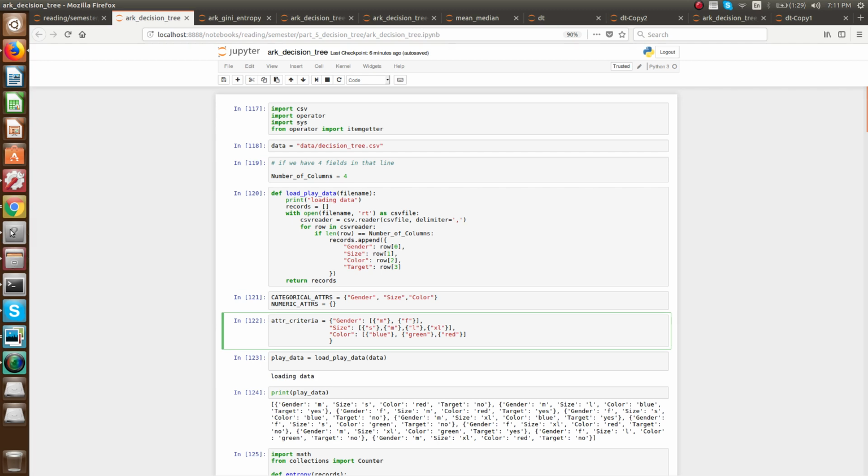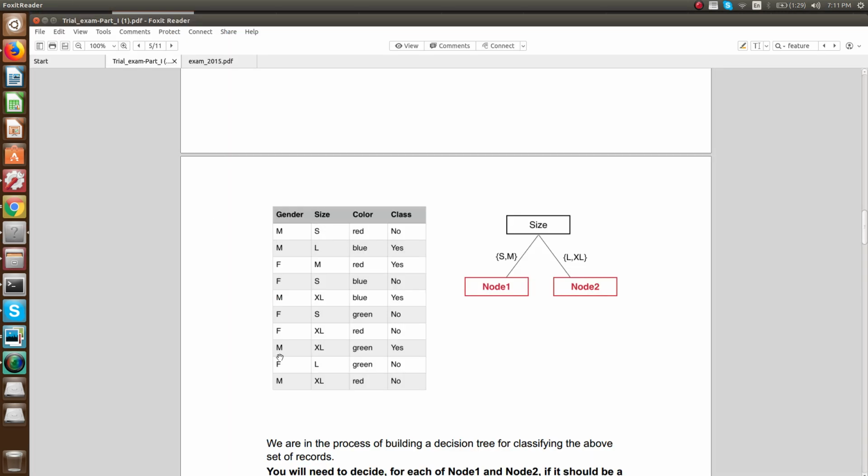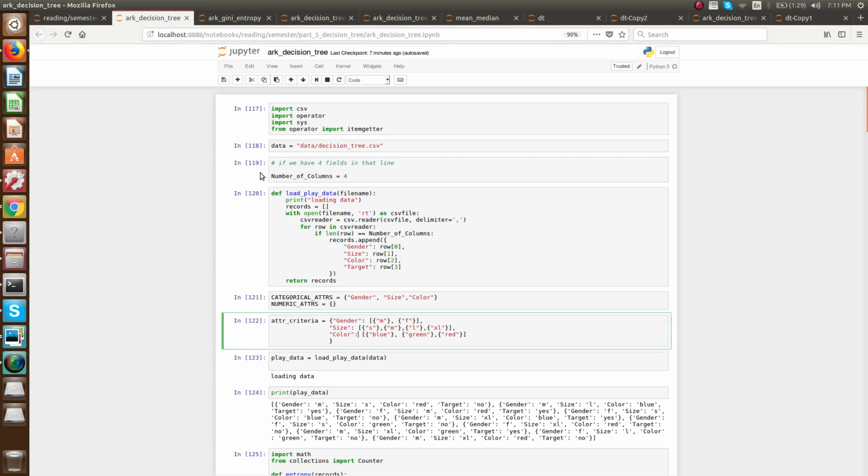See, for gender it's male and female, for size it is S, L, XL and M, color it is red, blue, green, and class color is red, blue and green. Okay, so write all these three things. Remember, in these things you need not worry about this class attribute. Okay,